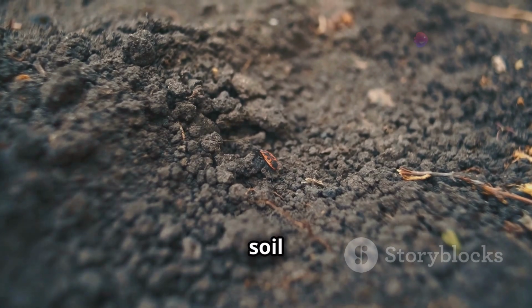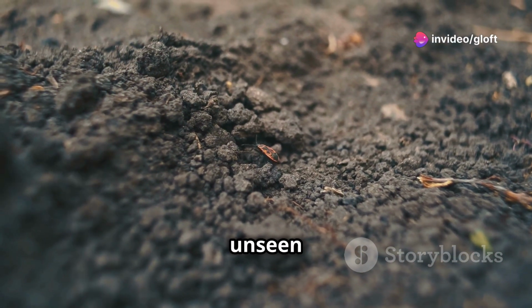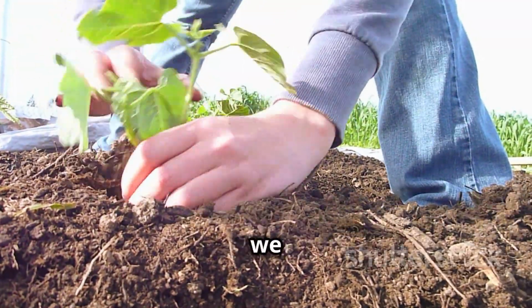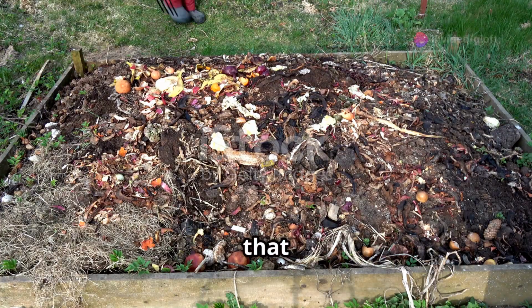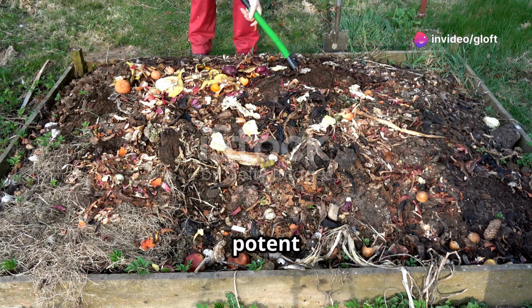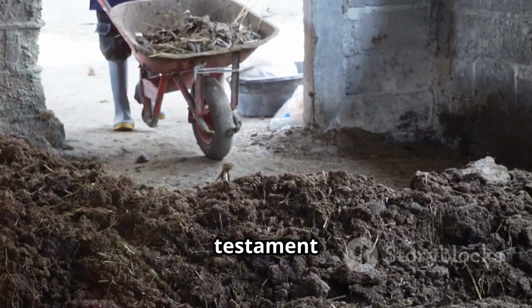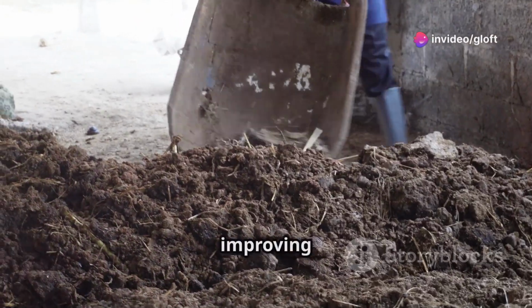A garden where the soil teems with beneficial insects and microorganisms, their unseen labors contributing to the health and vitality of your plants. Instead of reaching for synthetic fertilizers, we can nourish our gardens with nature's own bounty. Compost, that black gold we created from kitchen scraps and yard waste, becomes a potent elixir, providing essential nutrients for robust growth. Well-rotted manure, a testament to the cyclical nature of life, adds organic matter to the soil, improving its